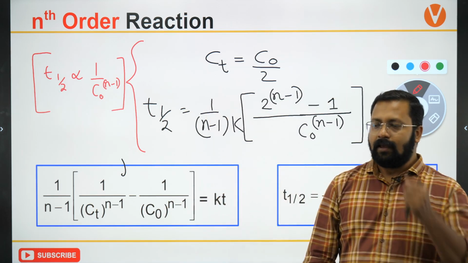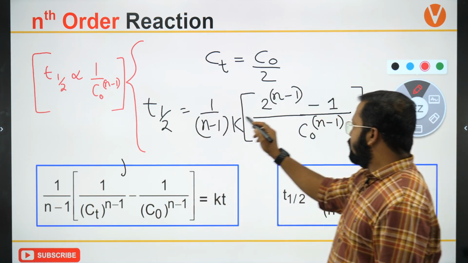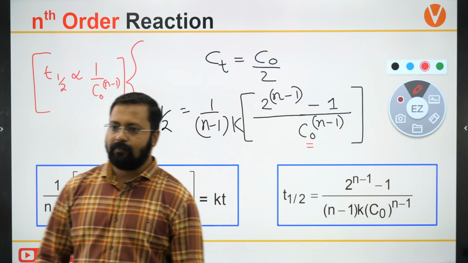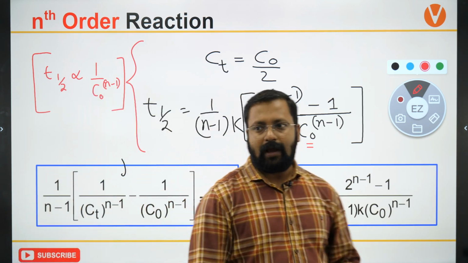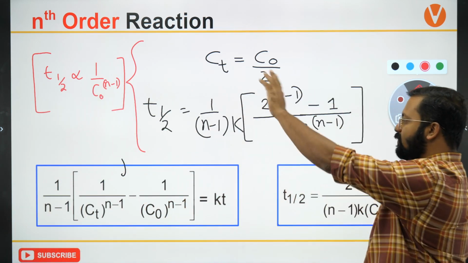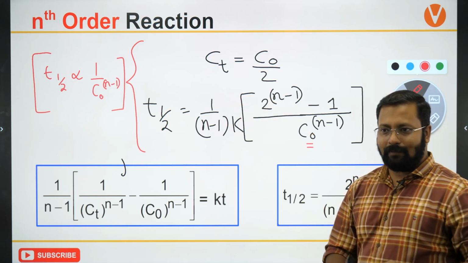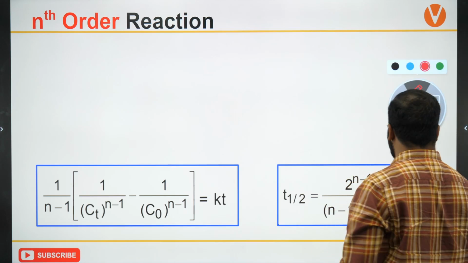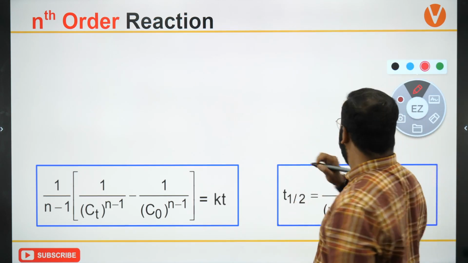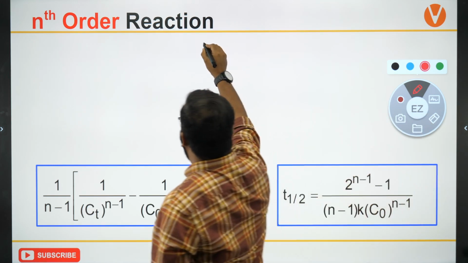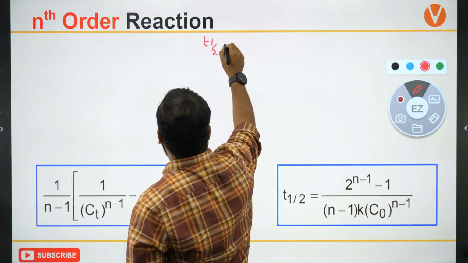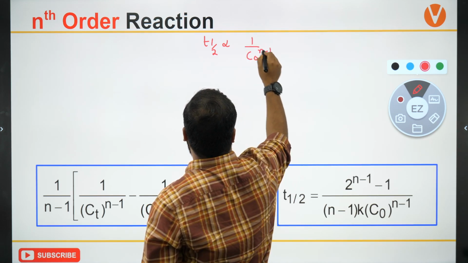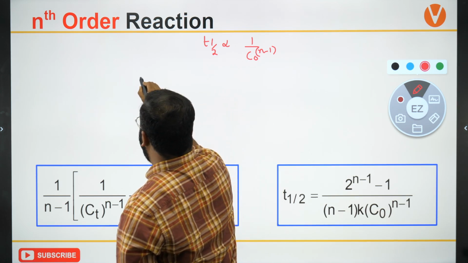Can I say this? T half is inversely proportional to the initial concentration to the power n minus 1. I hope this is understood. Now, when we say this, let's look at what inferences we can get. The moment I say that T half is inversely proportional to C naught to the power n minus 1 for a first order reaction,